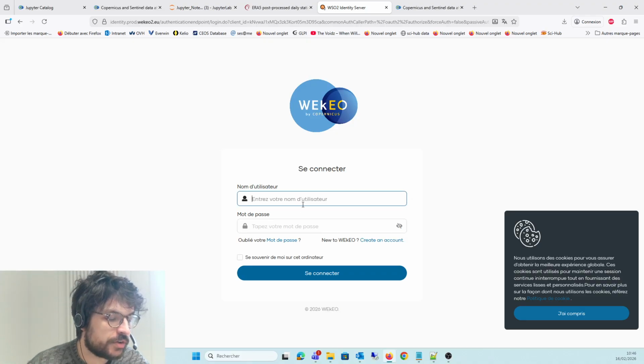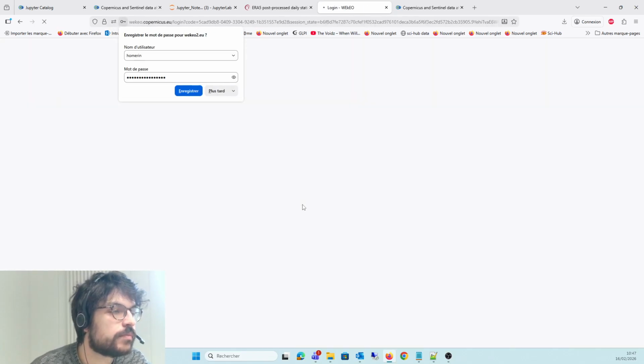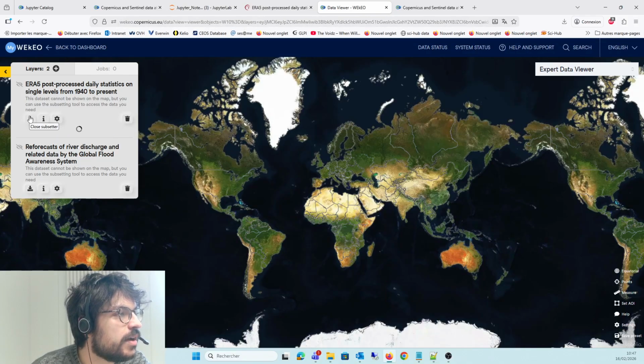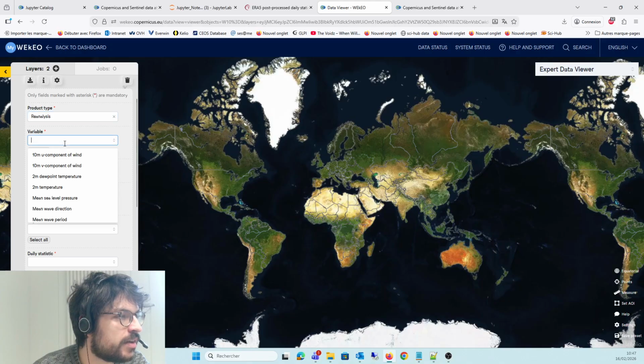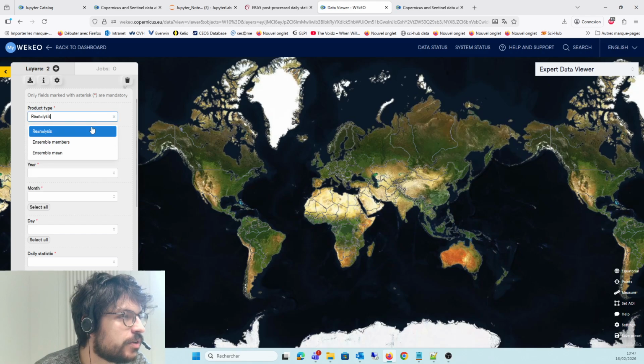Oh, I need to reconnect. Doing this quickly. And you can see here, when I click on the download, I will have all those items that I've shown you in the JSON file that I can select. So here I can select the total precipitation.